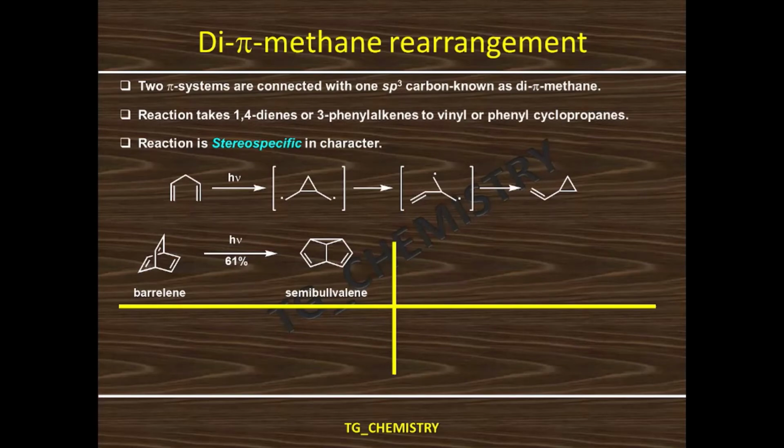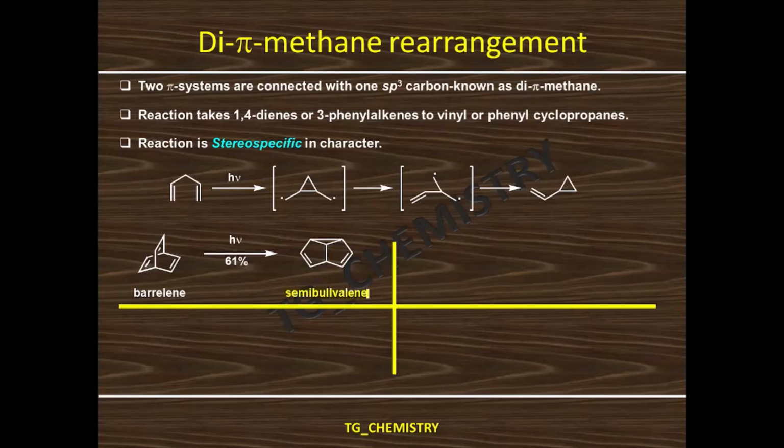So here in the barrelene, you can see this is a bicyclic system. Upon photoirradiation, it goes to a C8H8 aliphatic hydrocarbon system. Two possible options are there. Either it can go by direct photoirradiation, or photochemical reaction without any sensitizer, and in that case it will eventually lead to another structural isomer, the C8H8 hydrocarbon system, which is cyclooctatetraene. However, if it goes under sensitized conditions, in the presence of a sensitizer, it will lead to semibullvalene